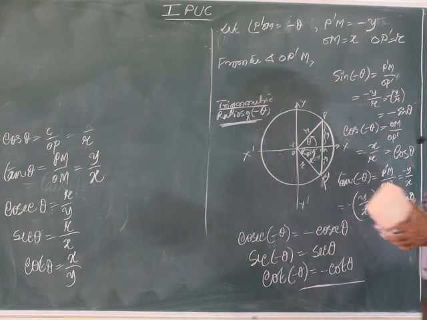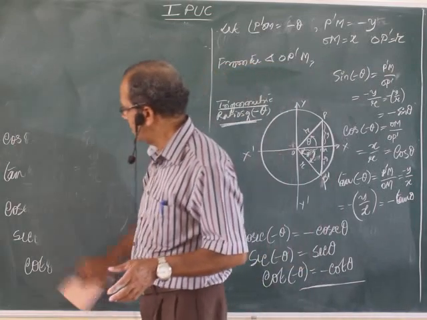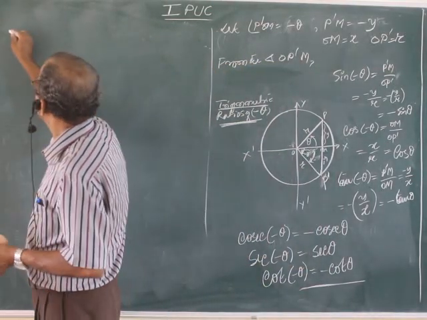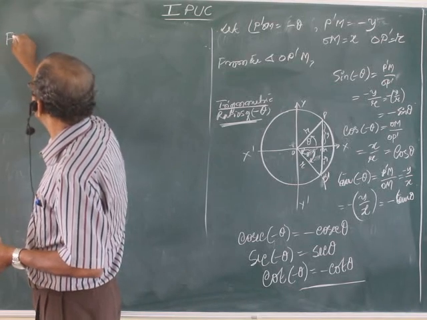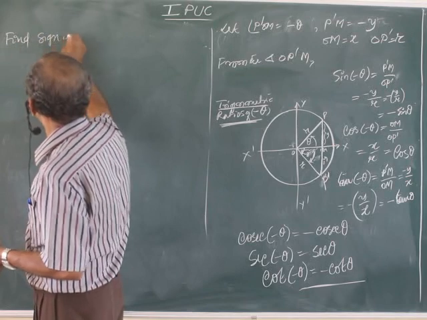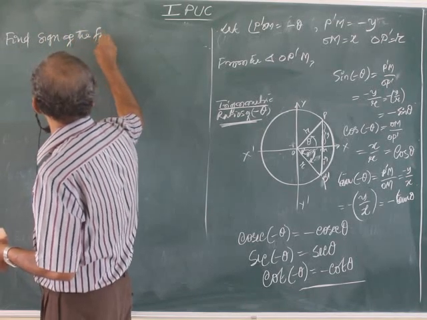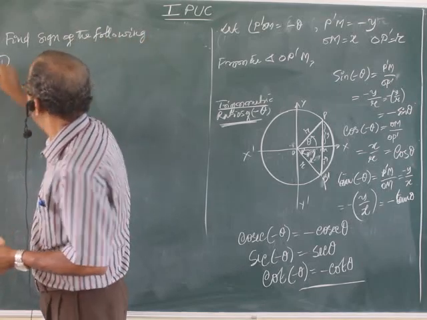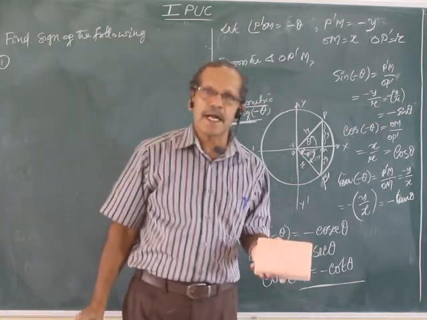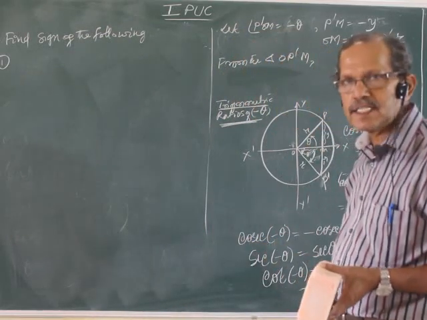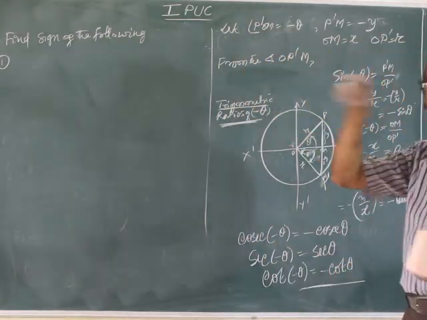Right? Why is this one discussed here? Just to go back to the example, this one: find sine of the following. When the angle is negative, we have used one particular method, subtracting it from the nearest multiple of 360, then deciding the sine. Using this one also you can decide the sine.